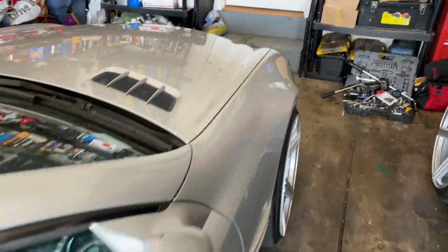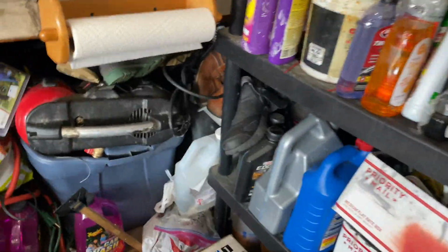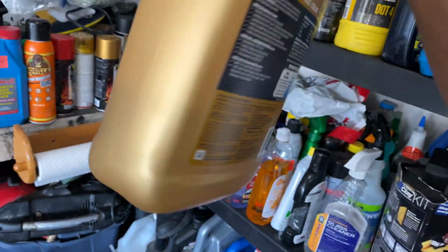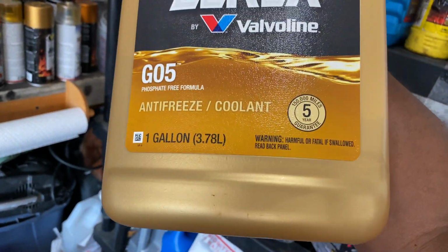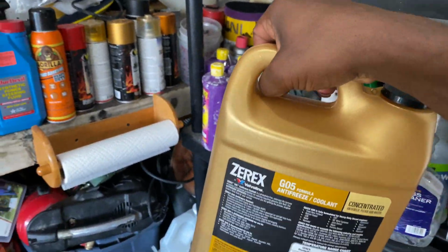Also, a little tip. The type of coolant that I used is not Mercedes, not Pentosin. It's actually this. This is good coolant right here. This is 100% concentrated. They also have a 50-50 mix, but I don't use that. But I've read the forums. This right here is perfectly acceptable for Mercedes-Benz. I've used this for years, and it's very good. Always